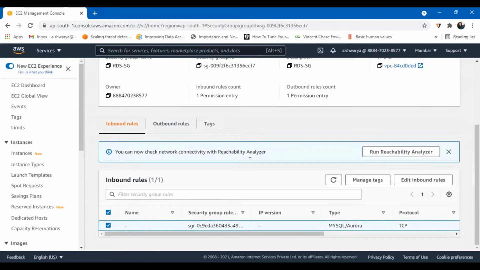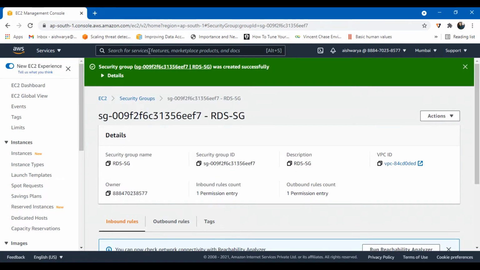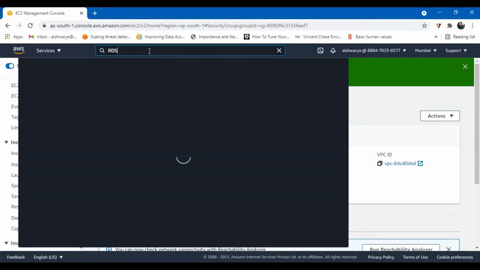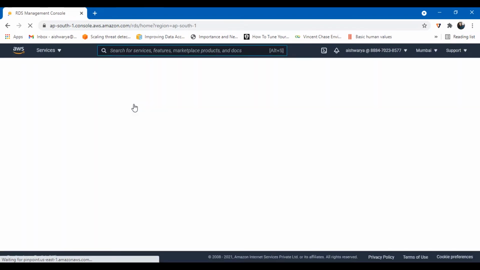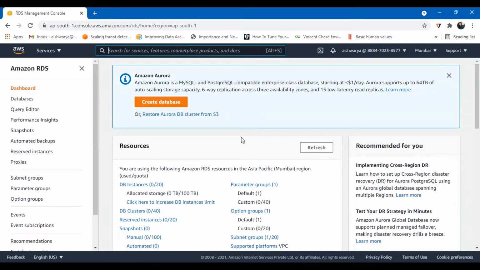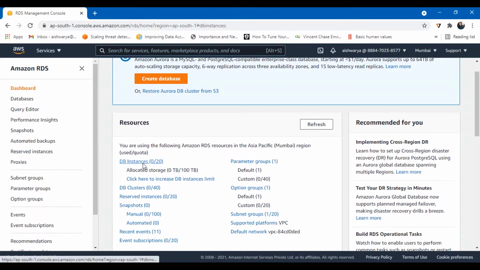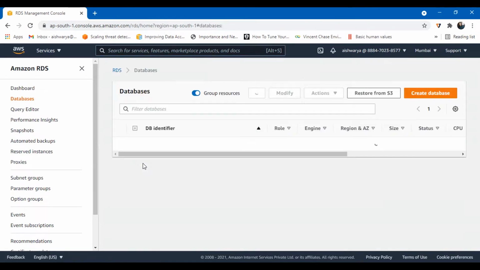Now I'll go and create a DB instance in RDS. Let me navigate to RDS now. So here I'll create a DB instance. Let's start the process.